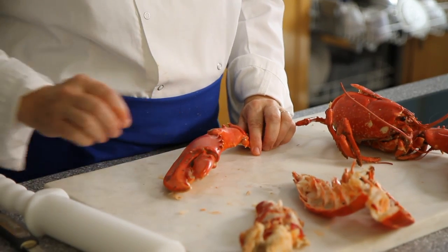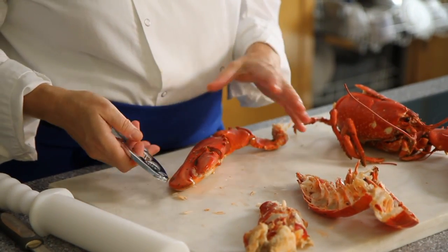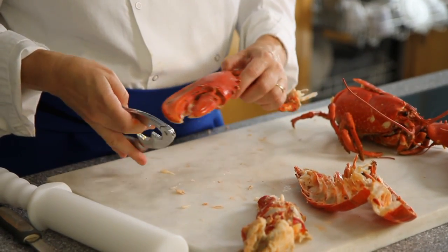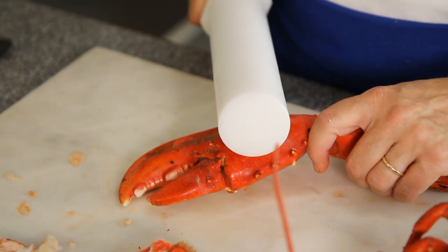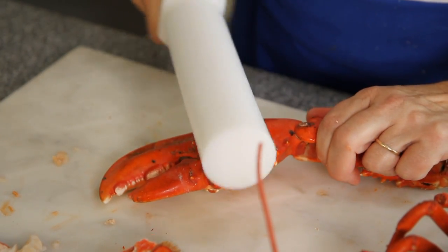I'm going to snap off the claws at the top part, and there are various methods to actually extract the meat. You can either use lobster crackers, and actually if you're serving this as a first course and you're serving it literally in the shell, lobster crackers will help your guests actually extract the meat. For me, in order to get the meat out, I'm going to just tap the shell sharply,